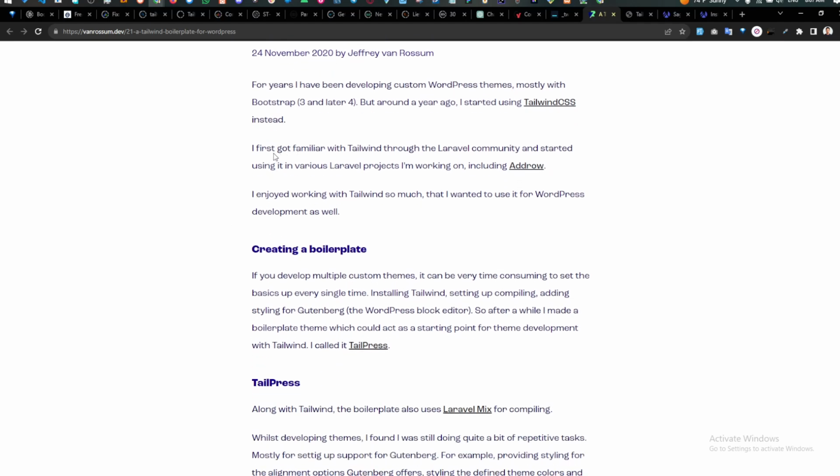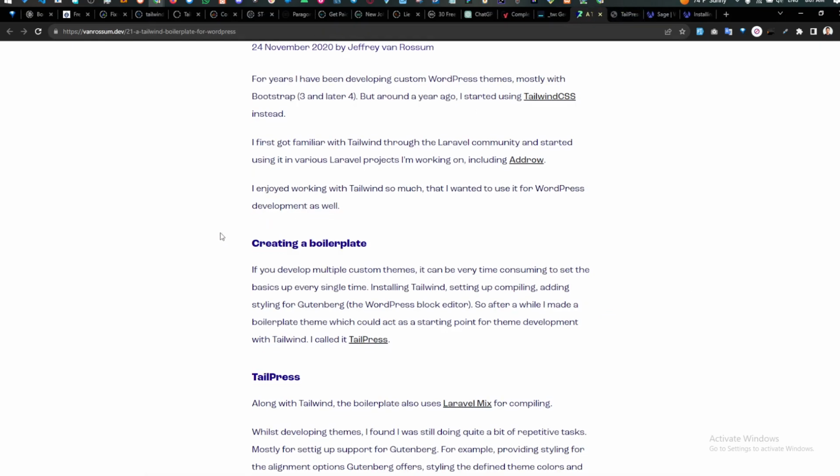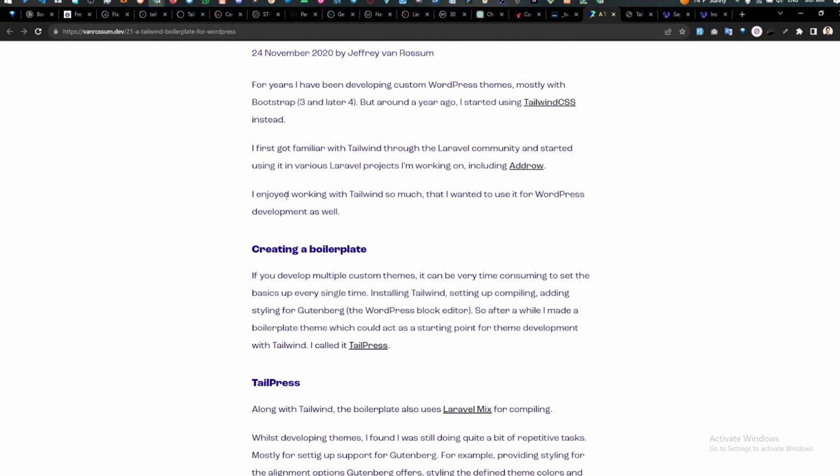I first got familiar with Tailwind through the Laravel community and started using it in various Laravel projects I have worked on, including Adcrow, an invoicing tool, and I enjoyed working with Tailwind so much that I wanted to use it for